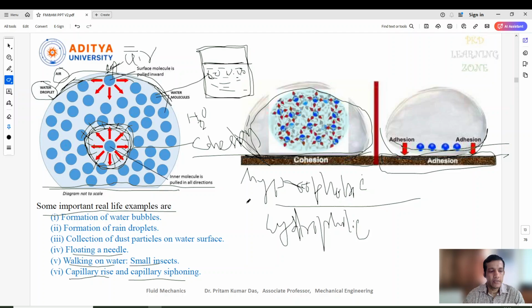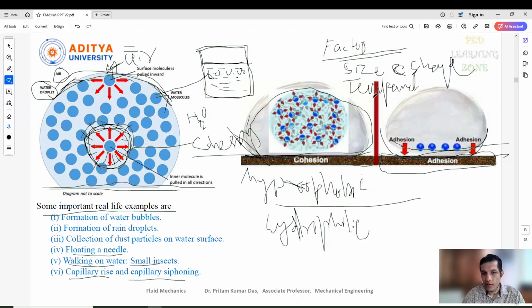And what are the factors that can affect the surface tension? That is one more point. The factors that can affect surface tension are a few. As I told you, these are molecules which have bonds between them. So we can say the molecular size and molecular shape of the particles: one is size and the shape of the molecules. Second is the temperature of the liquid,